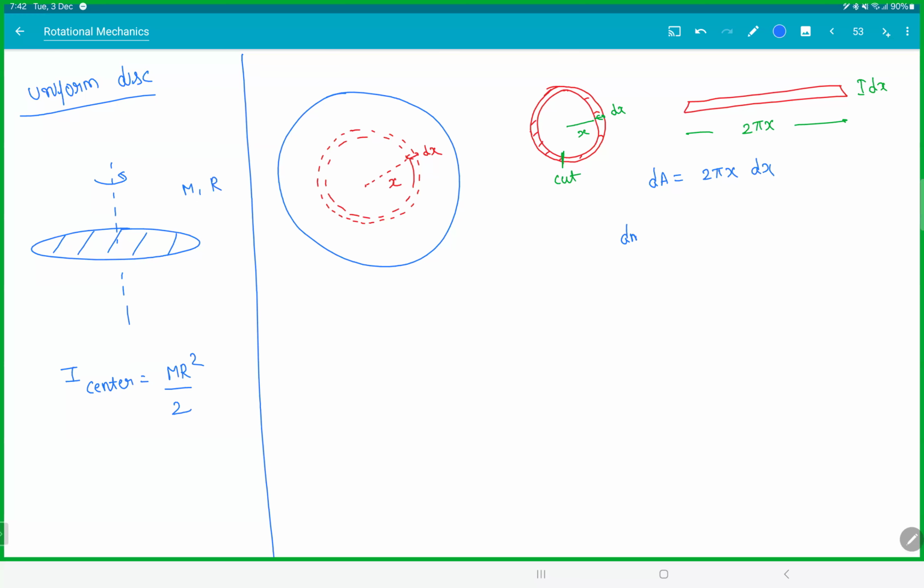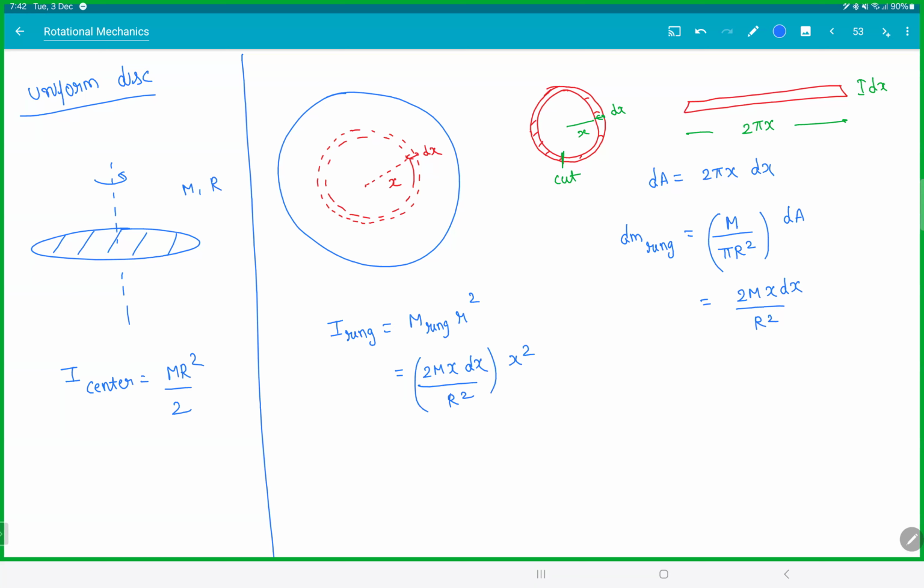So the mass of this thin ring will be the total mass of the disk by total area, which is the surface density, into the area of this ring. That will be 2mx dx by r square. And we already studied that the moment of inertia of a ring is mass of the ring into the radius of the ring squared. So this would be 2mx dx by r square, and the radius of the ring is x, so x square. So if you want the moment of inertia of the disk,